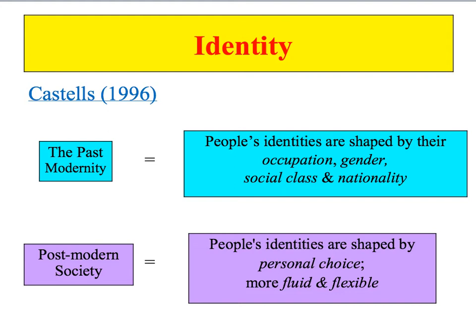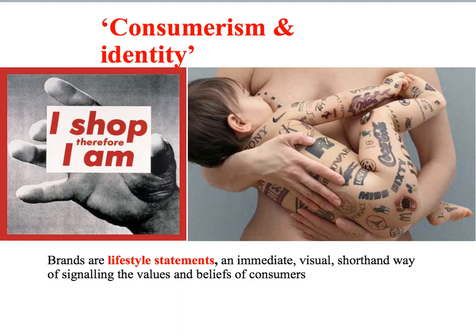So postmodernists argue that people's identities are shaped much more by personal choice and are less static than they used to be, that they're more fluid, more flexible, more likely to change than was the case in the past. And postmodernists argue that lifestyles and identities based on consumption have become much more important in contemporary societies, that identities are no longer as strongly based on how people earn their money, in other words, a matter of their occupation and their social class, but much more on how they spend it,